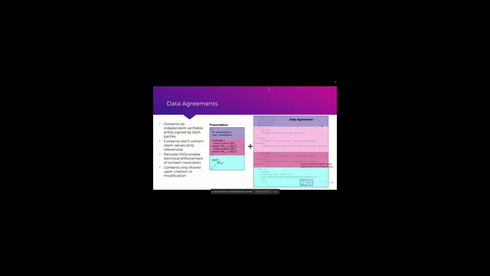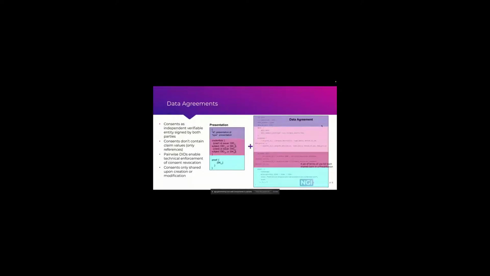Regarding the data agreements, we consider them as a consent. Lal already talked about them, but we know that there weren't any efforts on enforcement, consent, and GDPR structure in the SSI world.